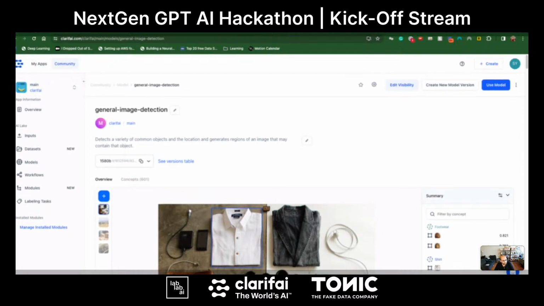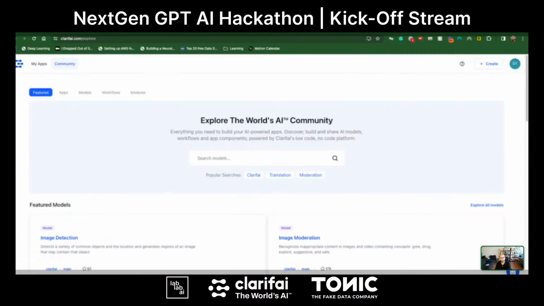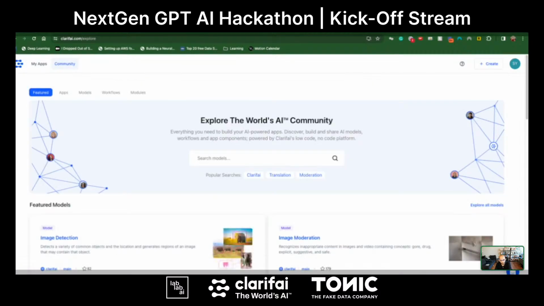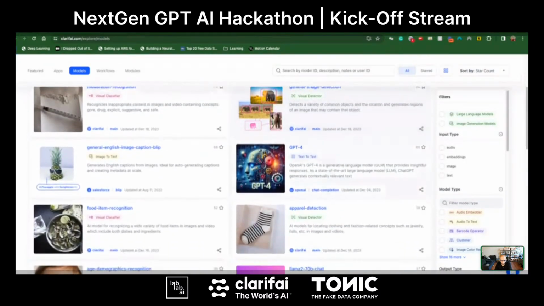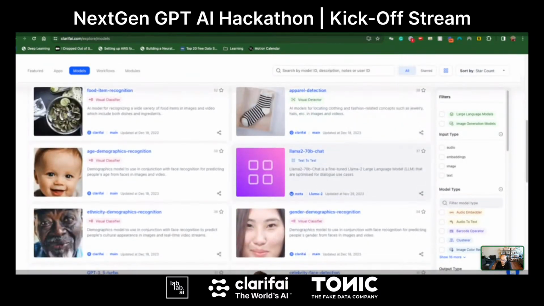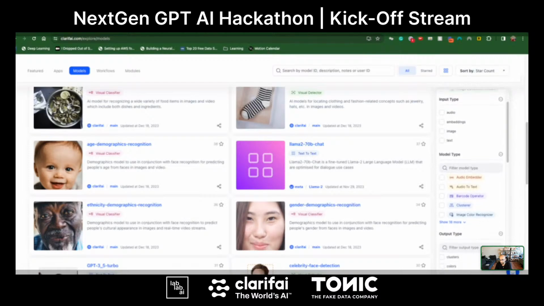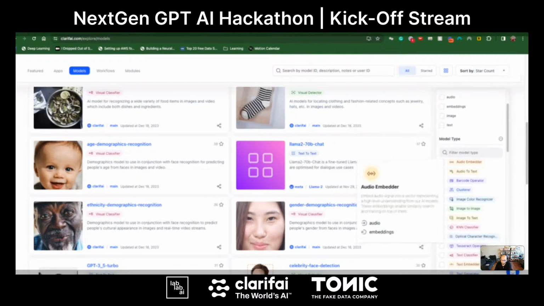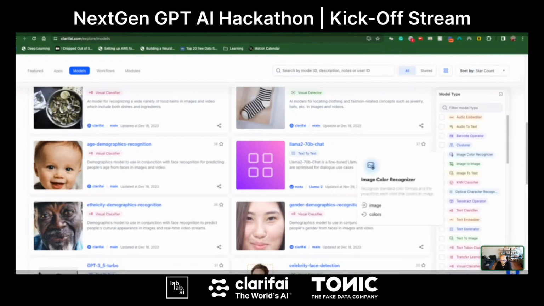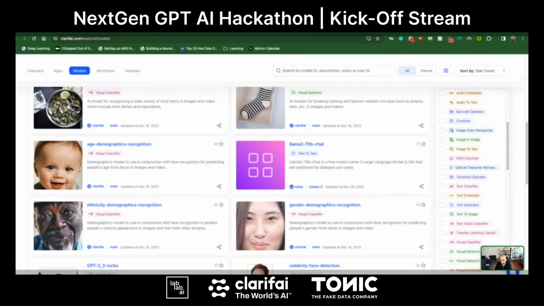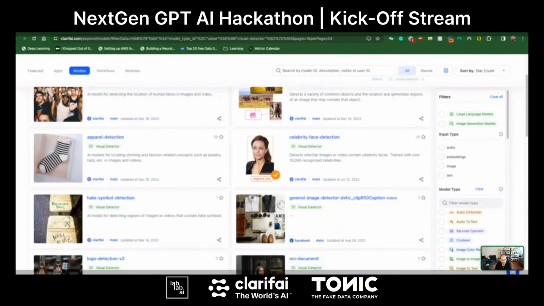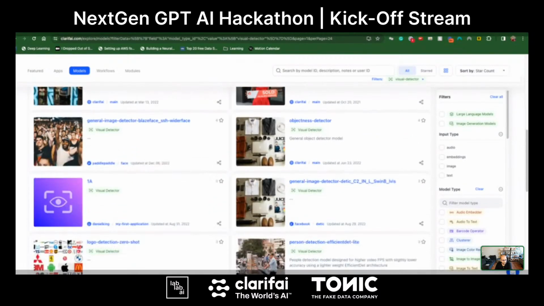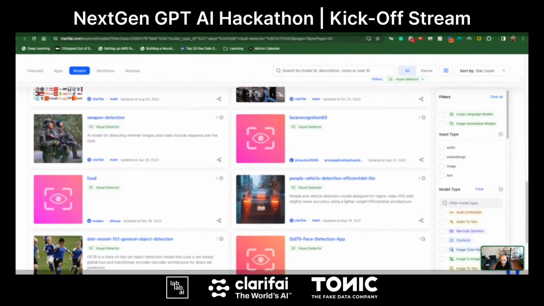Now, if we go back to community, we can take a look as a list on all the models that we have. And as I was mentioning, there are about 500 plus of them. And there's two ways to filter these models. Obviously, you can always search for them. But if you wanted to, you can also filter for them. So for example, if you know the model type that you're looking for, so if, for example, I'm looking for all the visual detectors, I can just filter for that and then get back all the visual detectors that I have. And in each of these model cards, you will have the code that you need to run them.